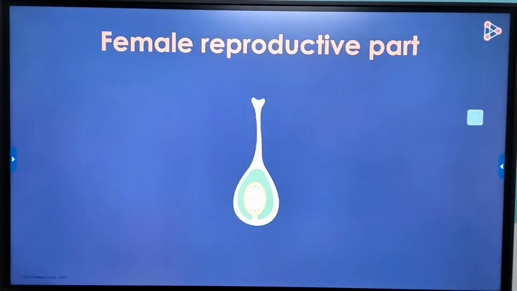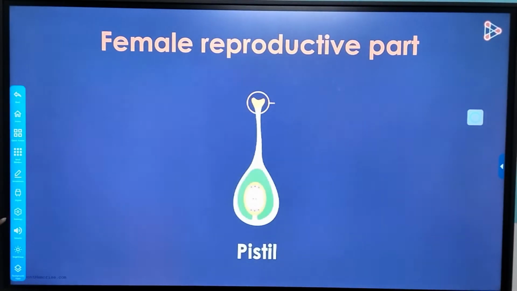Let us begin with the female reproductive part first. Do you remember the structure? Yes, this is the pistil which further consists of three parts. The surface is the sticky part called stigma. It is sticky in nature so that the pollen grains can remain adhered to it when landing on the female reproductive part. It thus acts as the receiving center.